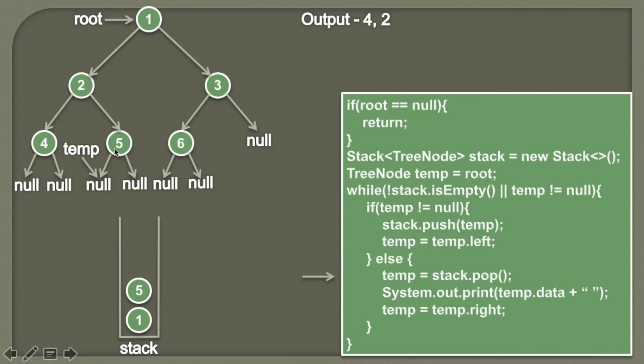So as node 5 has no left subtree, it simply means that we have visited its left part. Now we'll actually visit the node. So we simply pop the element from the stack. When we pop the element from the stack, we know that 5 was inserted last, therefore it would be the first one to be removed. And when we remove the node 5, we assign its value to temp. So now temp will point to the node 5. So it would look something like this. So now temp is pointing to the node 5.